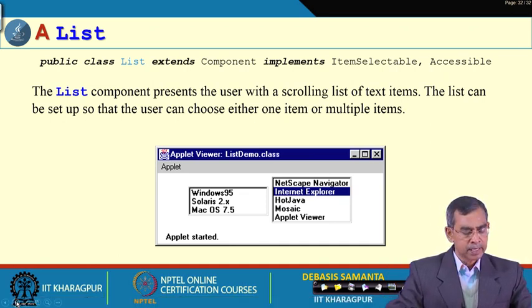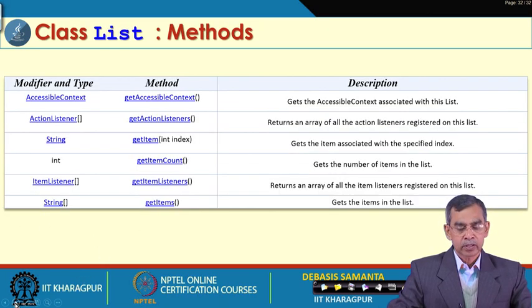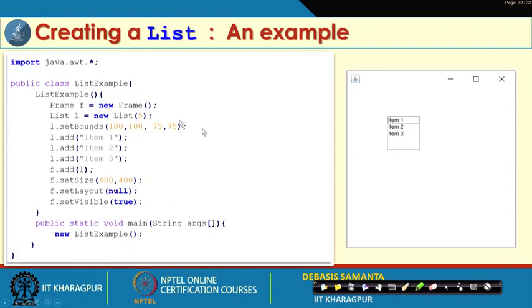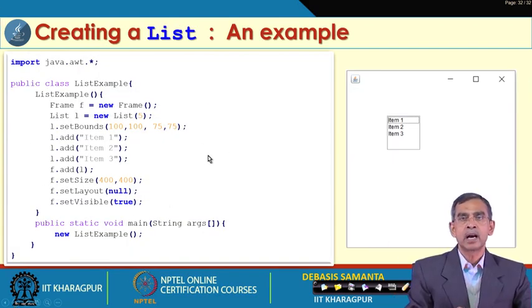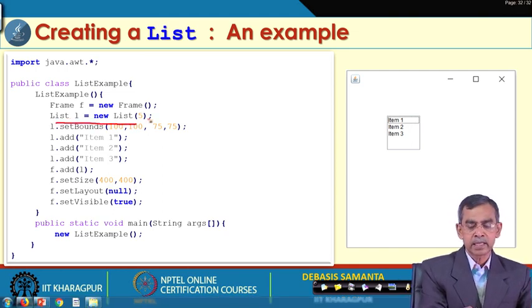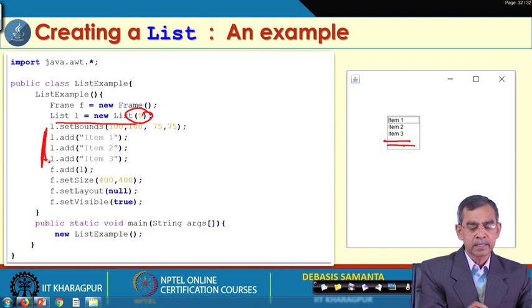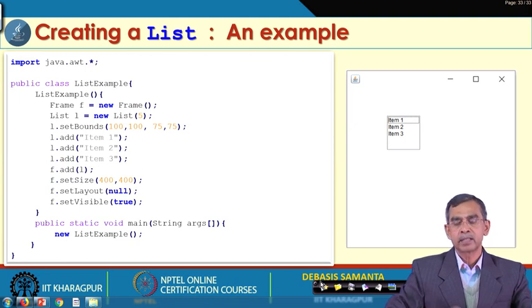The class definition is also there. The name of the class is List. This class has a constructor as mentioned here, and then the methods are there, and then this is an example which shows how a list with 3 items can be created. It is a list of 5 items, so it has 5 items, but although we have created 5, we have loaded only 3. So, 2 more are blank. We have added 3 items in the list, and they are added into the frame, and then the frame is displayed on the screen. So, this way a list can be created.